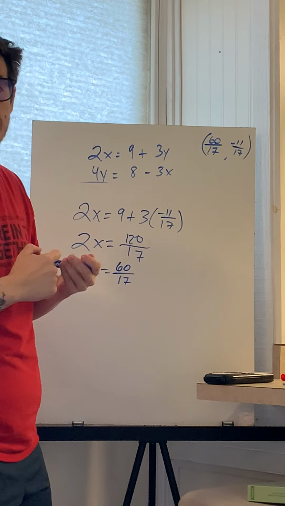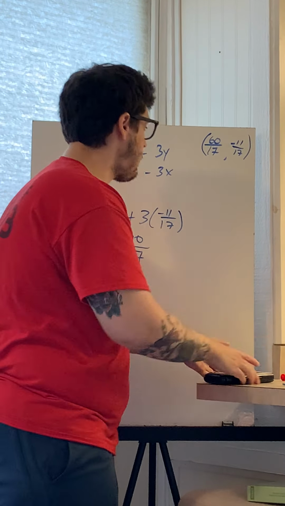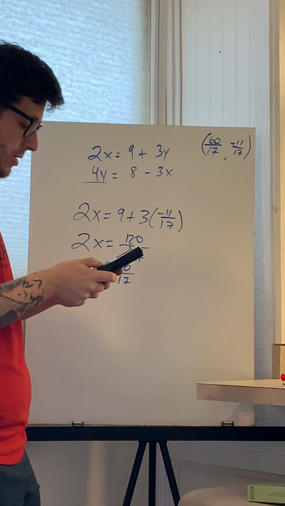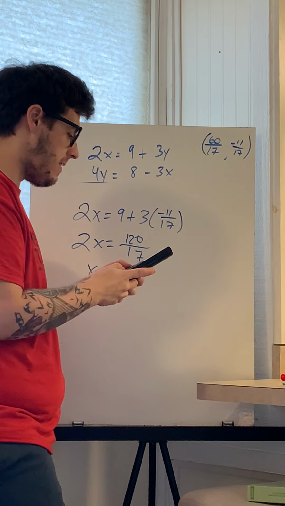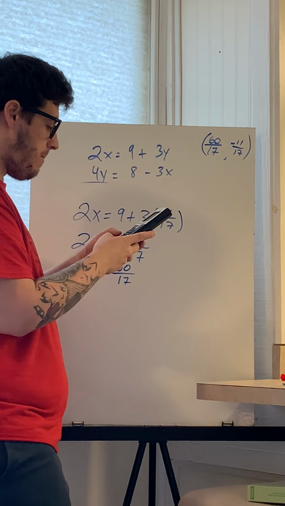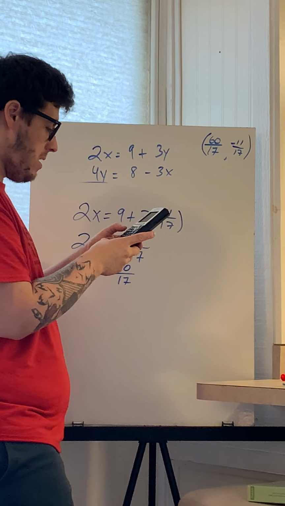And now, just to make sure that that's the right answer, you should store that as x, store that as y, and type it into your calculator for both equations to make sure it works. I'm pretty confident that it does. If I type in 2x, I get 120/17. If I type in 9 plus 3y, I get